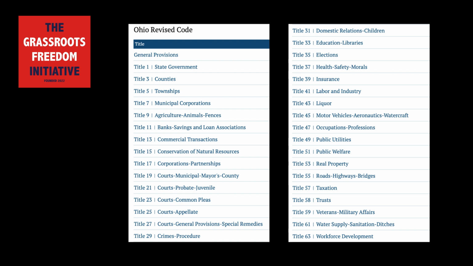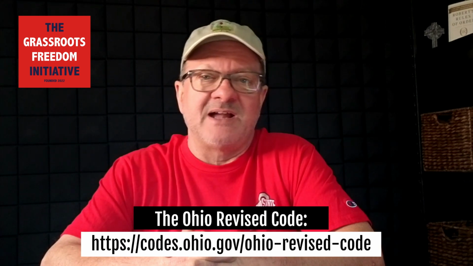Local governments, counties, municipalities, and townships, derive their authority from the Ohio Constitution and the Ohio Revised Code. They can enact ordinances, regulations, and resolutions, but these must not conflict with state laws outlined in the ORC. Local laws address issues specific to their jurisdictions, such as zoning regulations, local taxes, and noise ordinances, while the ORC provides the broader legal framework they must follow.